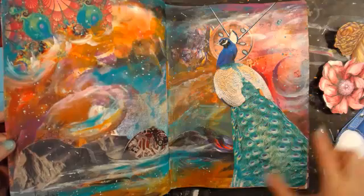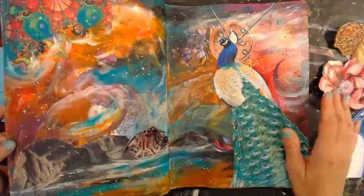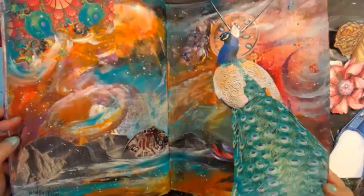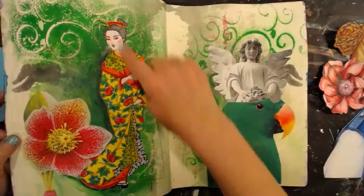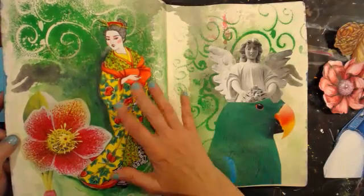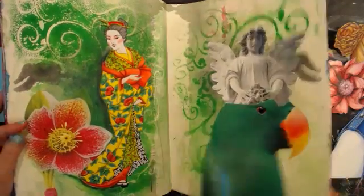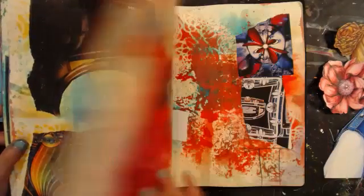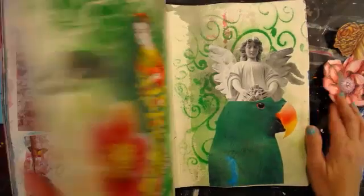This one's done. This is a bit of a calendar, peacock, and all the rest. Except for that watch bit, the rest is all paint. We did this on a stream. This is out of the kimono book, and it's a Creative Haven. It's a whole book of kimonos. And then the rest is pretty much not much in here, I don't think. So let's go back to